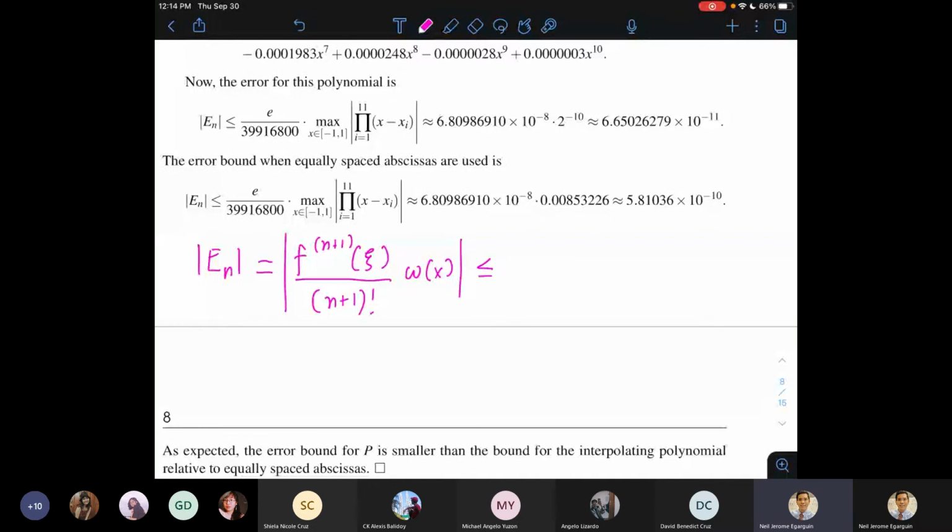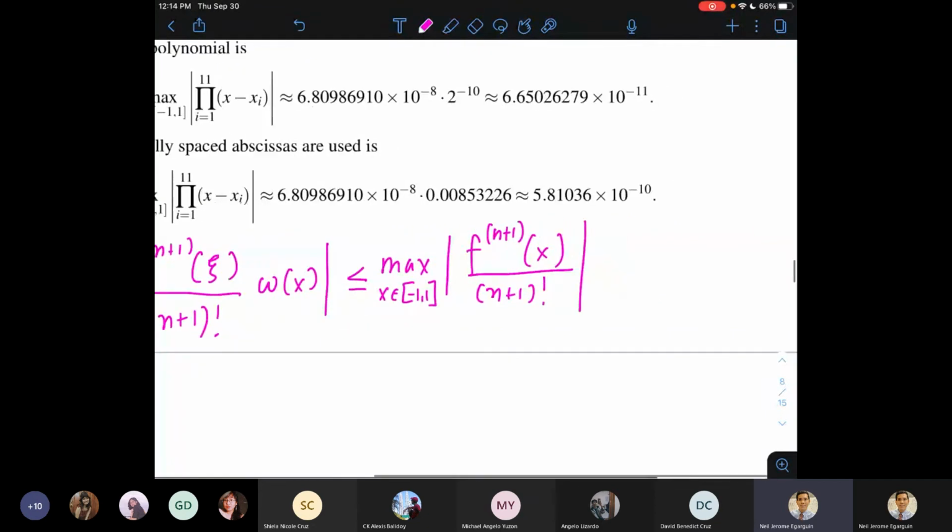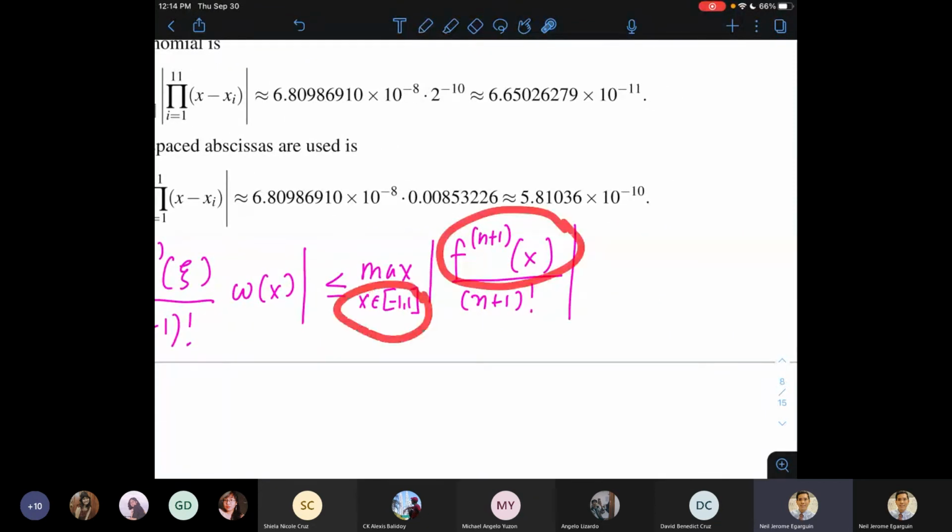This will be less than or equal to the maximum ng absolute value ng n+1 derivative ni f evaluated at psi all over n+1 factorial. Or hindi na siya psi kasi maximum nga yung kukunin ko. So maximum ng n+1 derivative ni f evaluate at x's from -1 to 1. Kunin ko yung maximum absolute value ng n+1 derivative over the interval -1 to 1 divided by n+1 factorial times the L infinity norm ni omega. Okay, so ito yung error bound natin.